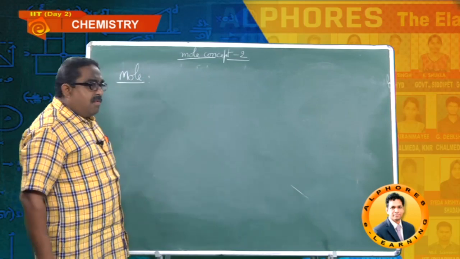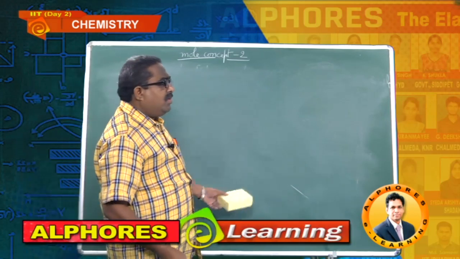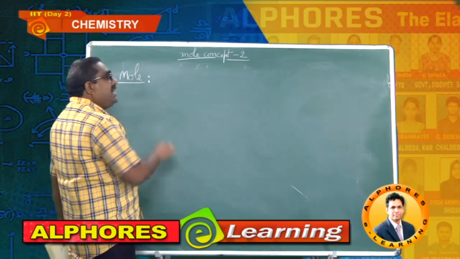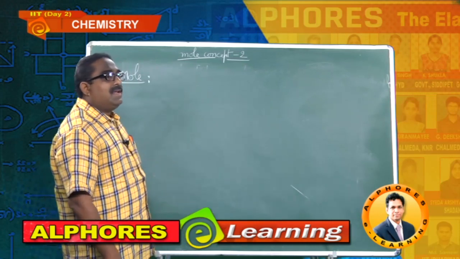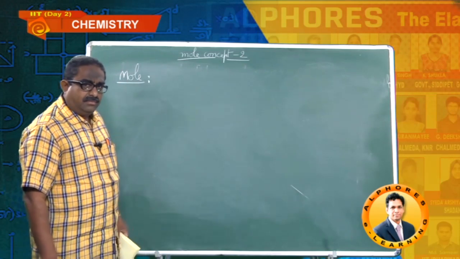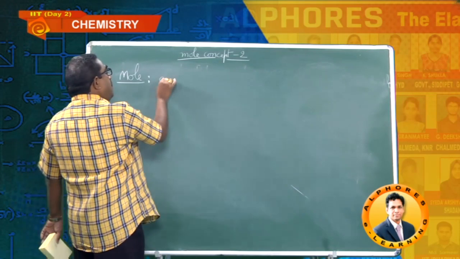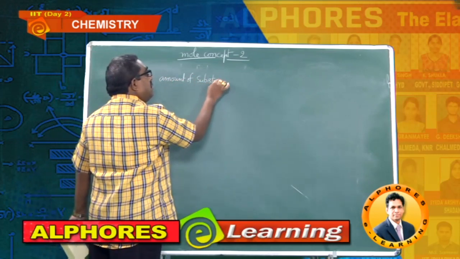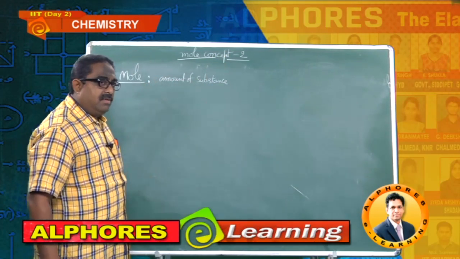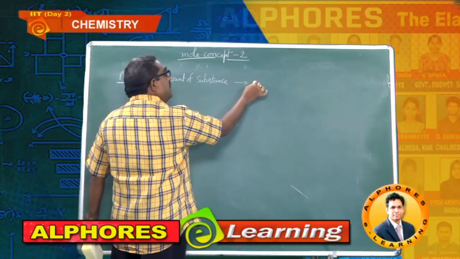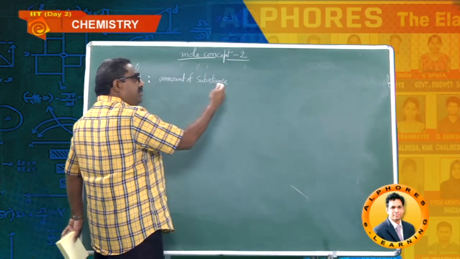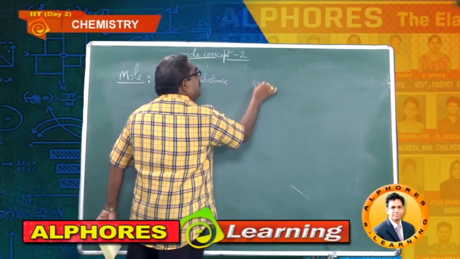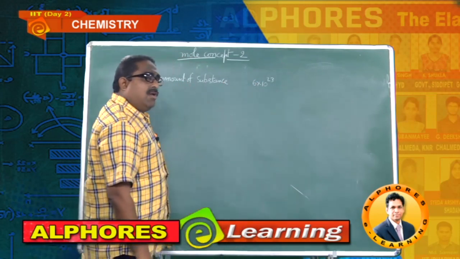In many books you may observe 1 mole of atoms, 1 mole of electrons, 1 mole of neutrons, 1 mole of protons, like that. Now, let me explain what exactly the meaning of a mole. Mole is nothing but the amount of substance that contains, say for example, Avogadro number, that is 6 into 10 power 23, Avogadro number of